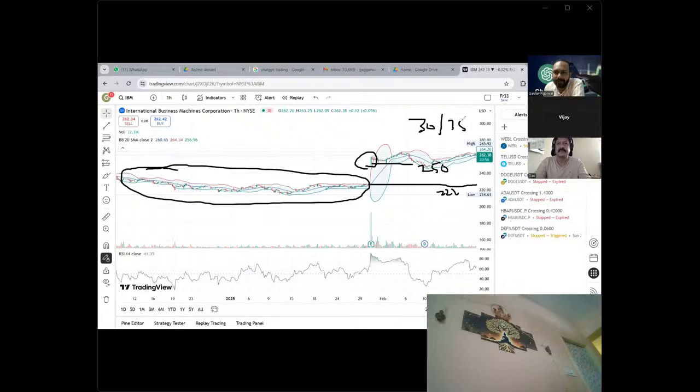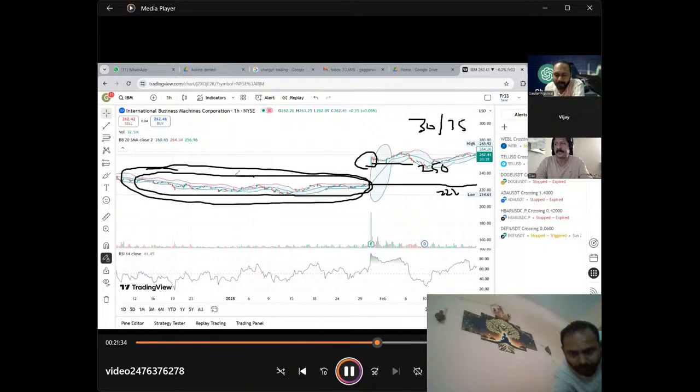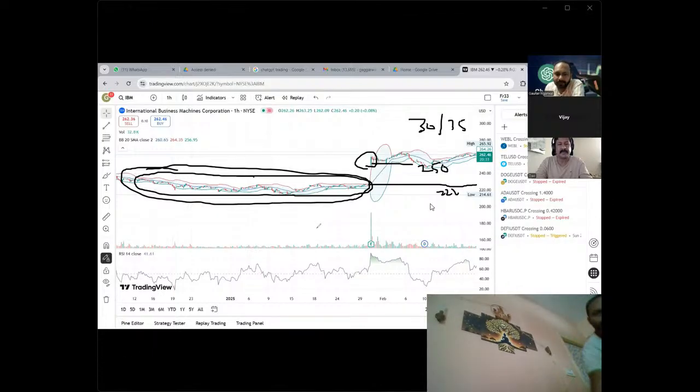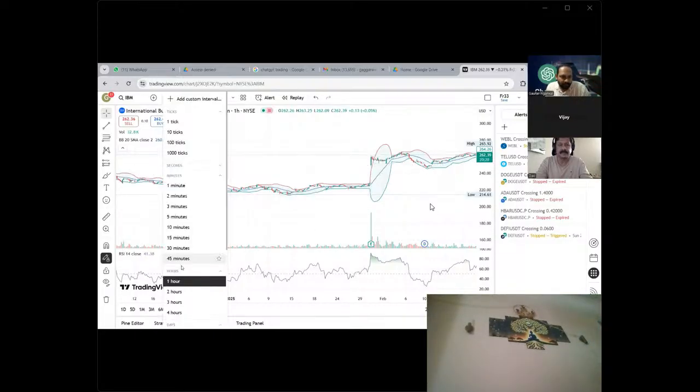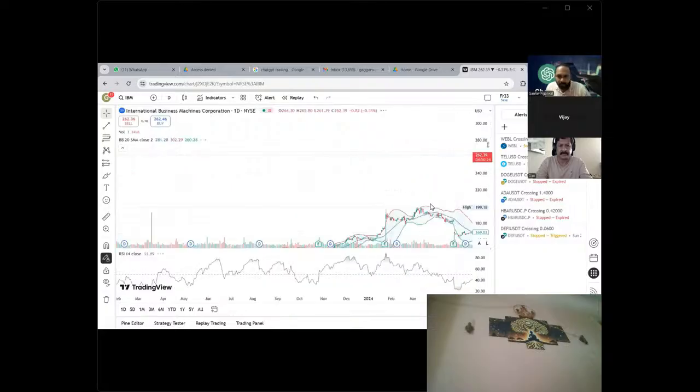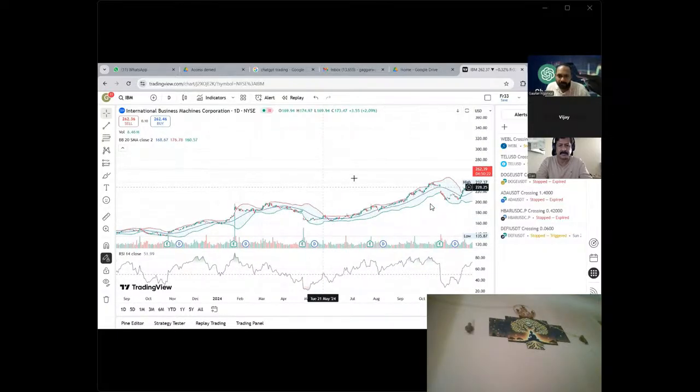It gave a gap up because it was in a narrow range for quite a long time. So this narrow band accuracy is quite good. 70-80% you will get good results in this. But try to use it on a longer time frame, like 1 hour, 1 day, or 1 week. I will show you one more use case in this. The price will try to average the price, and then it will move up again.